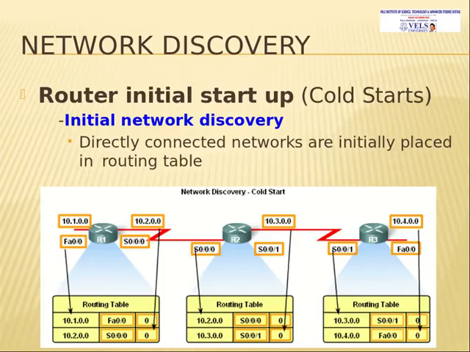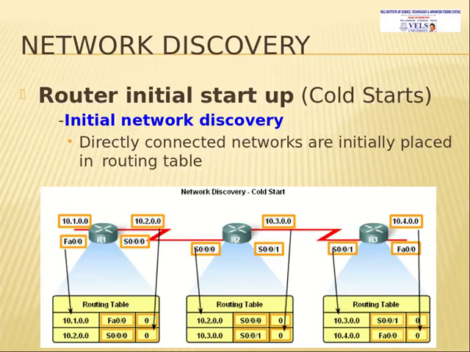Now the router initial start. First, the initial stage of the router. Each router has a routing table. In the routing table there are three fields: the sender or receiver address, next hop, and then count. Whatever router has direct contact with another system, that will be installed in the routing table.